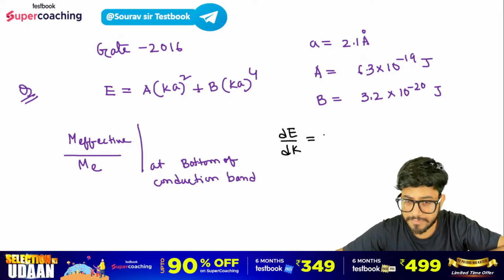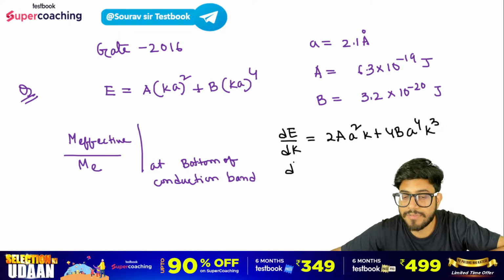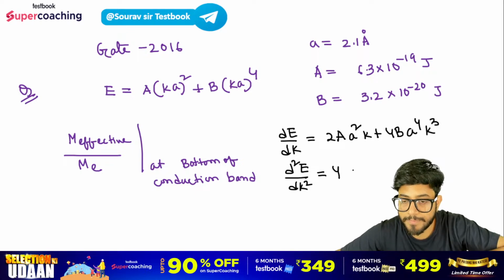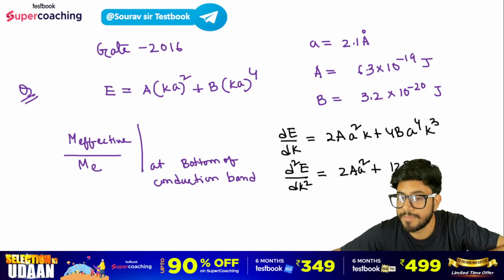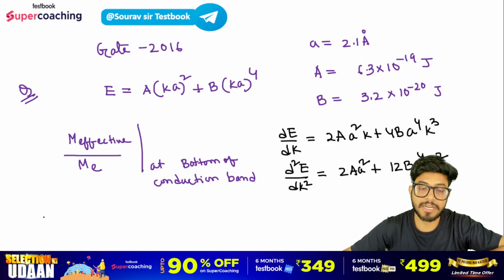वो आपका आ जाएगा 2 कैपिटल ए स्क्वायर इंटू के, 4b a to the power of 4 into k cube। सेकेंड डिफरेंशिएशन भी कर सकते हैं, d2e dk2। फिर से आ जाएगा आपका 2 कैपिटल ए इंटू ए स्क्वायर प्लस 12 b a to the power of 4 into k square। ये आ जाएगा। अब एट द बॉटम ऑफ द कंडक्शन बैंड